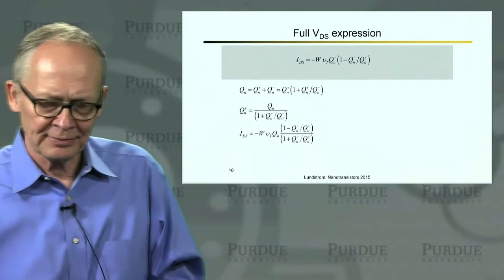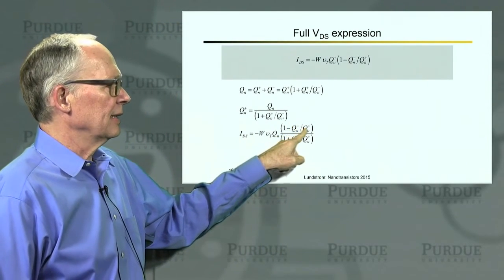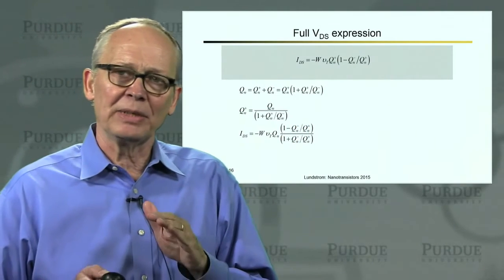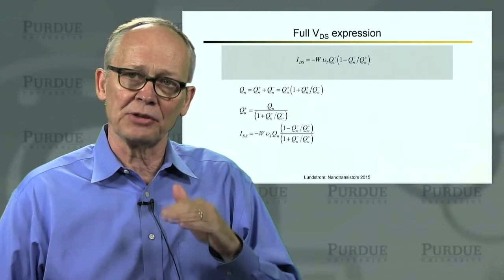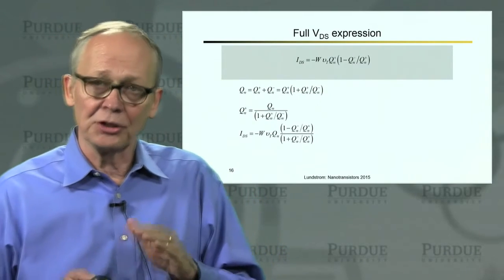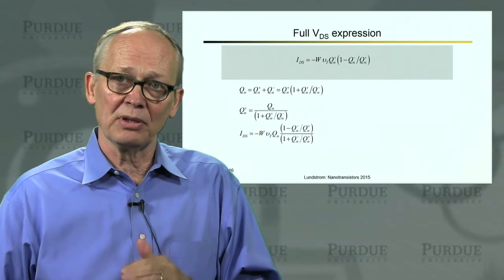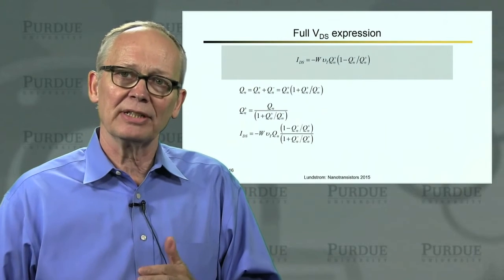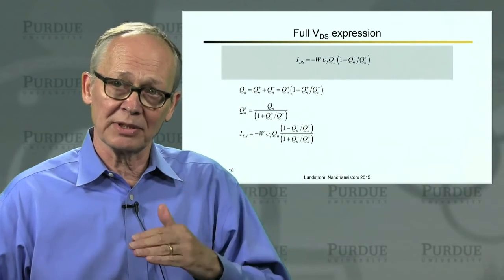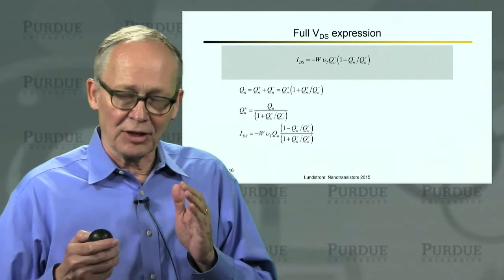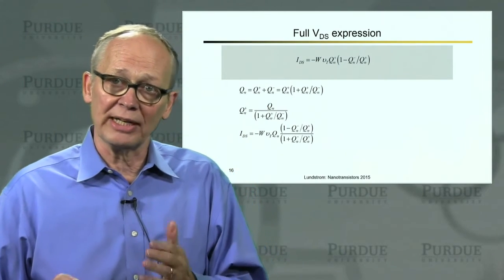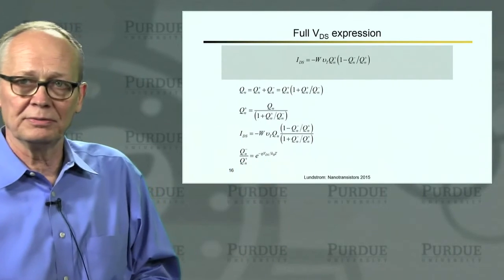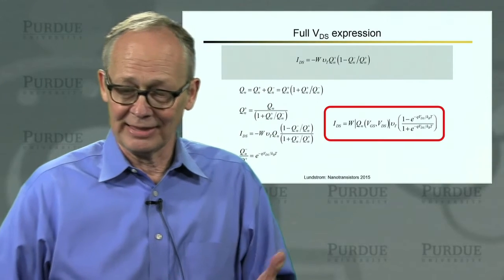But we're almost there, because the only reason that the negative velocity charge and the positive velocity charge are different is because the Fermi levels in the source and the drain are in different places. And under Boltzmann statistics, the probability of these states being occupied, so the amount of charge that's there, goes exponentially with the location of the Fermi energy from the bottom of the conduction band. The Fermi energy in the drain is lowered by the drain voltage. So this ratio is very simple. It's simply e to the minus q V drain to source over kT. All right, now we're done.